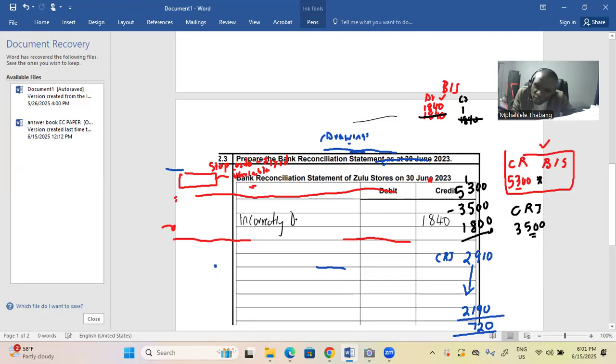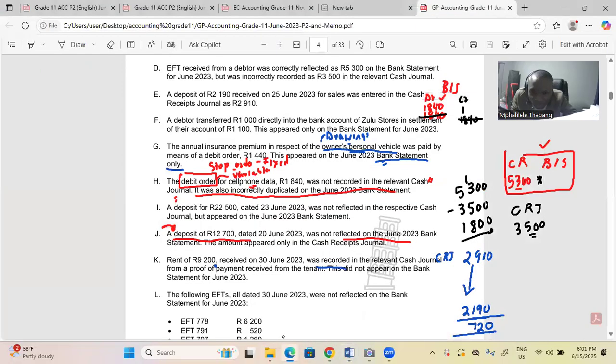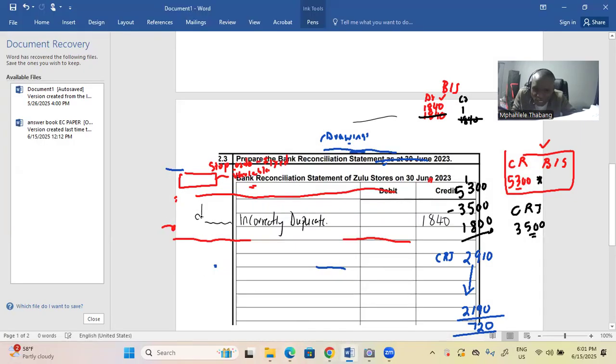Incorrectly duplicated. You have to specify what it is that was incorrectly duplicated. Let me just check. A debit order was incorrectly duplicated. You can say debit order incorrectly duplicated. You write